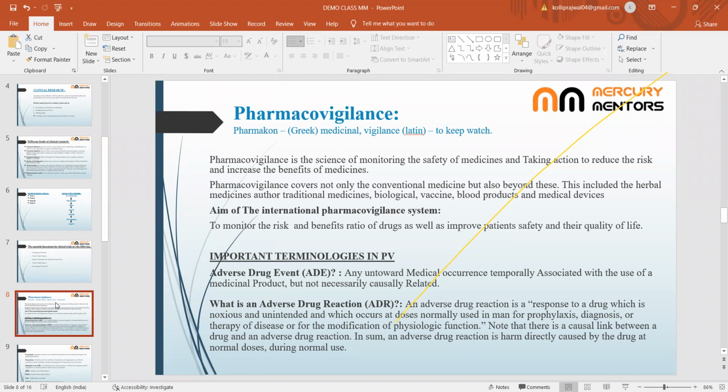There is no drug in the market which does not have even one single side effect or adverse effect, right? Each and every drug will have some or other side effects, but the benefits of the drugs is more than the side effects. That is why it has been launched in the market, right? So this is known as risk benefit ratio. The risks should always be less when compared to the benefits of any drug. Okay, so in pharmacovigilance we are going to monitor this risk benefit ratio so that